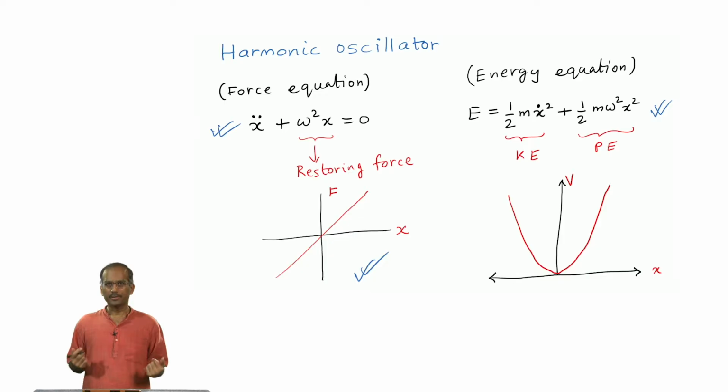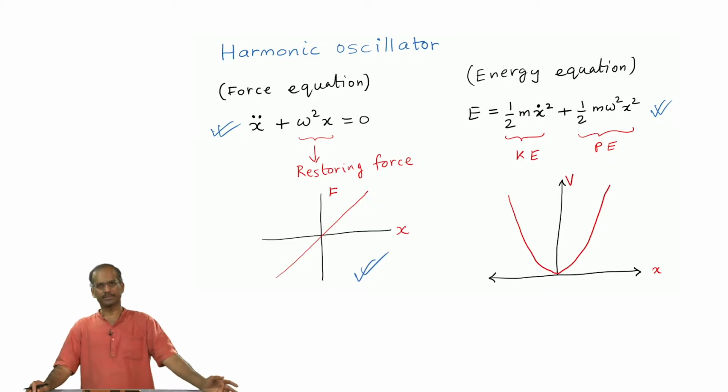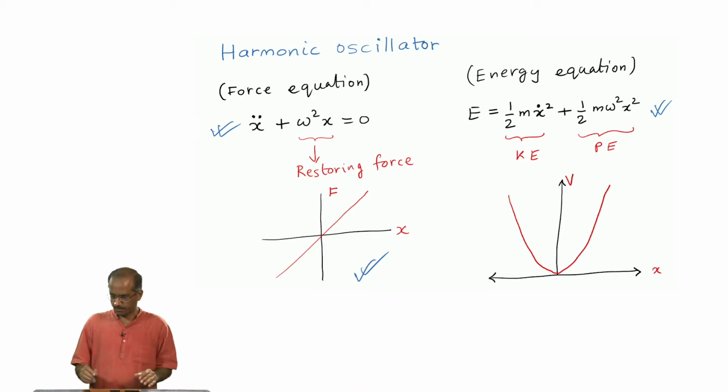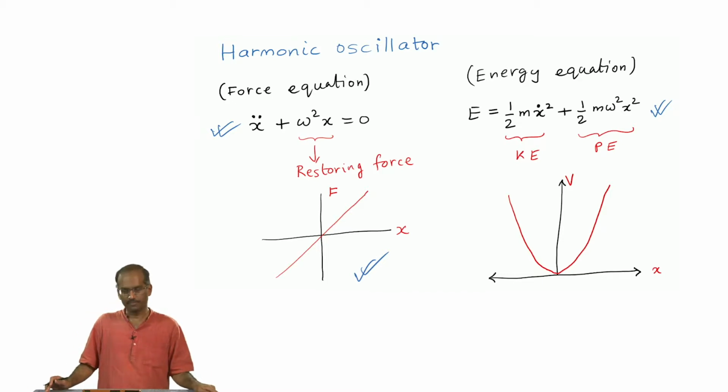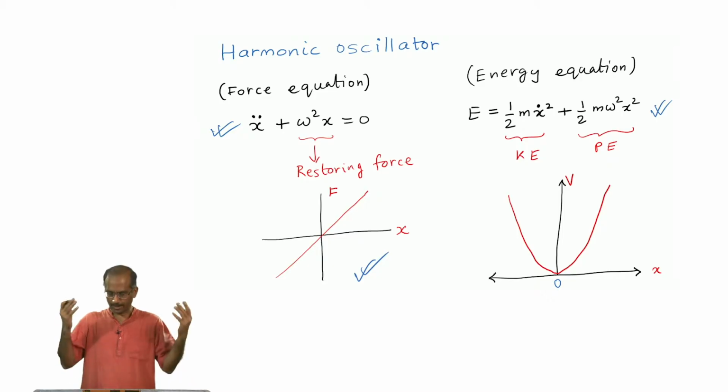Now, a somewhat intuitive way of looking at it is to look at the potential of the system. So, here the potential is of course this term, half m omega square x square. m is the mass, omega is the frequency, all these are constants. So, I plot this potential energy, which I have indicated by the variable V. So, I plot V as a function of x. So, it is a parabolic curve like you see here. So, this would be 0 here. So, that is a parabolic curve.